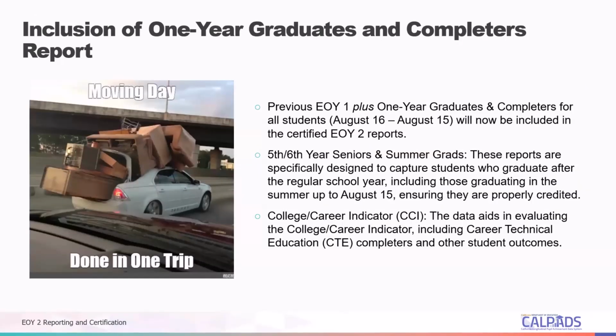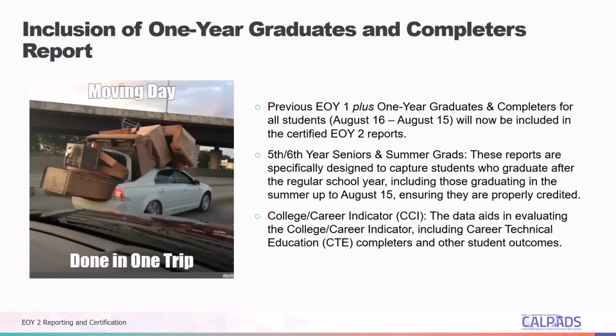All right, so we're going to transition into the one-year graduates and completers report. Understand that your graduates are identified in your student enrollment file. The exit code E230 identifies students that are completers, and then your completion status code will identify graduates. Traditionally, 100 is standard graduate. For students with disabilities, 102 can also identify students who are graduates.